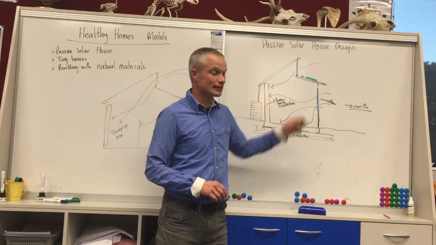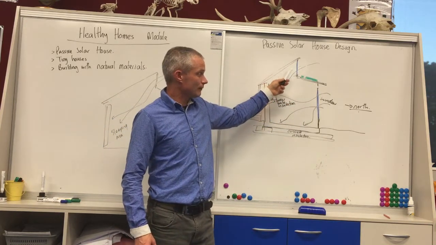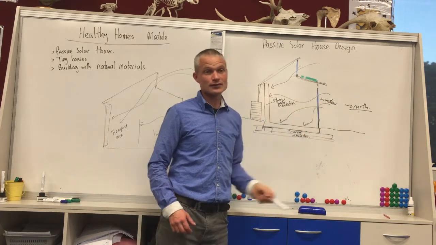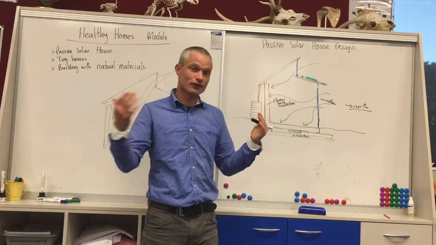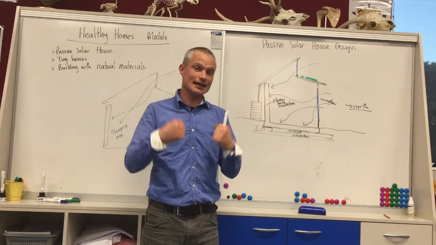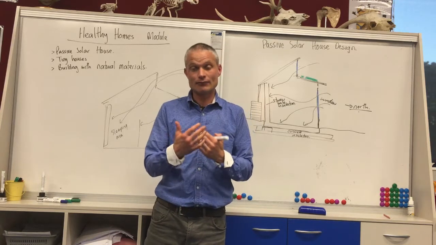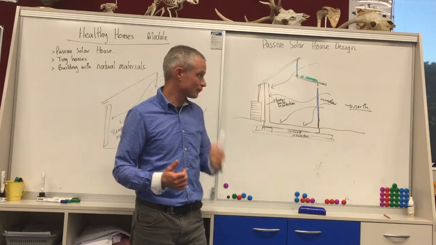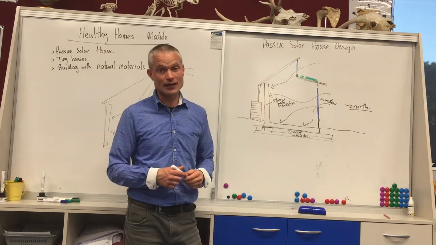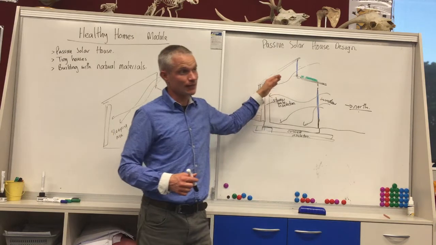Some of the other important things for insulation is having double glazed windows, particularly with a passive solar design house where there's a lot of north facing window space to let that light in. It's important to have a good insulation rating on those windows, at least a double glazed window, to prevent excessive heat loss through them, but also the roof too,